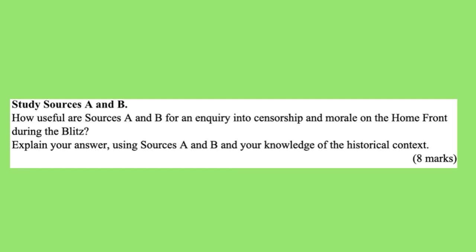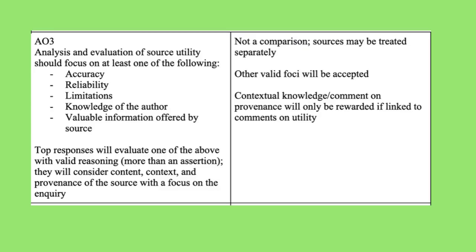Study sources A and B. How useful are sources A and B for an inquiry into censorship and morale on the home front during the Blitz? Explain your answer using sources A and B and your knowledge of the historical context. 8 marks. This is the mark scheme for this question, which you can find out about in more detail in